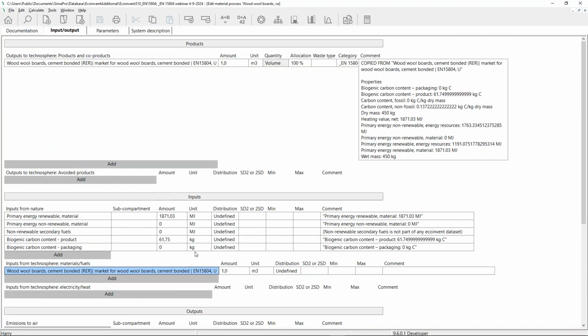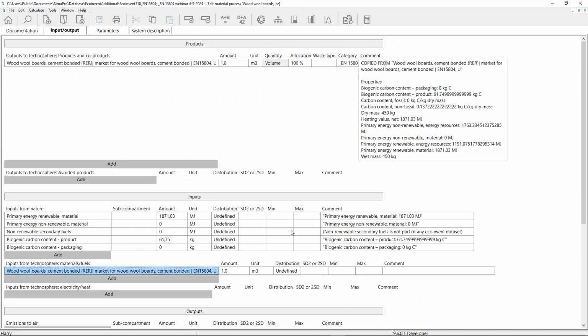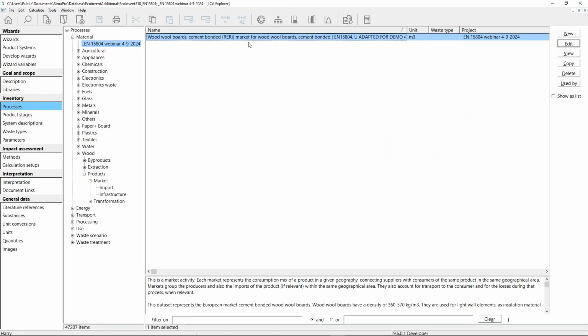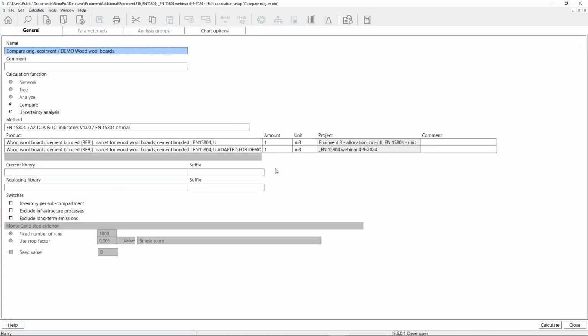Of course, in your modeling and in your specific LCA, it might have a value, and then you can include it here, and it will be part of your results. So with these adaptations, I have this process, and I prepared a calculation setup already where I have the original one and this adapted version.